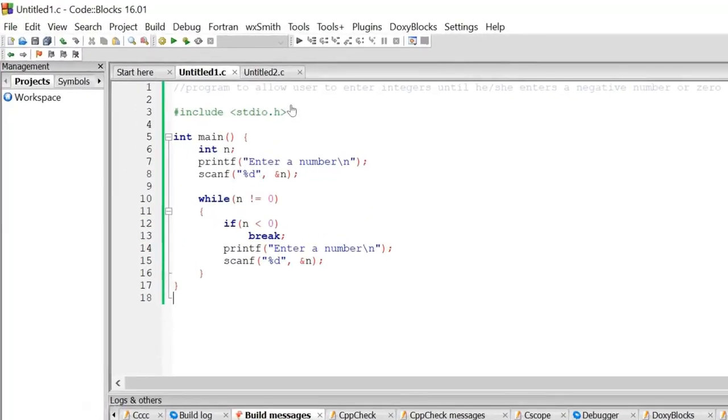Here is the program which allows the user to enter integers until he or she enters a negative number or zero. Here I have declared a variable n and I ask the user to enter a number. Then the user enters a number. Then I check a condition whether the number entered is equal to 0 or not. If it is equal to 0, we come out of this loop. And if it is not equal to 0, then we stay in this loop and continue to execute the rest